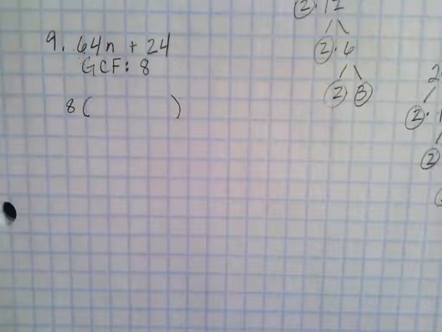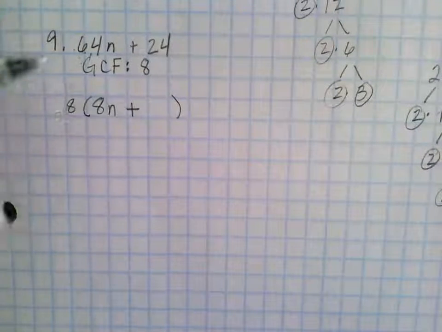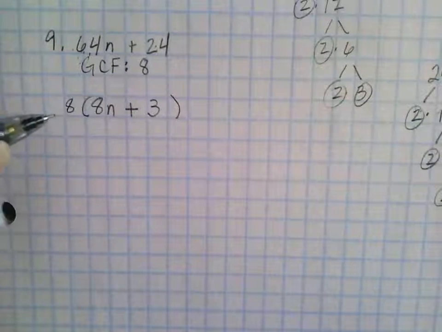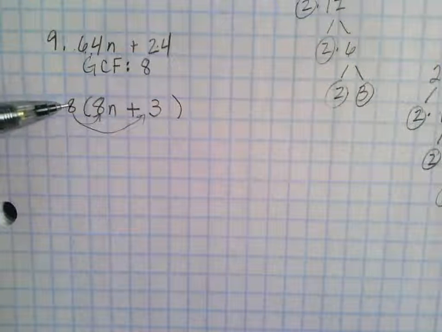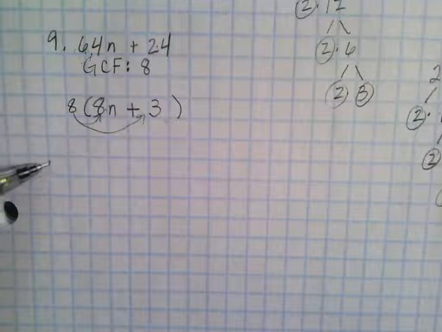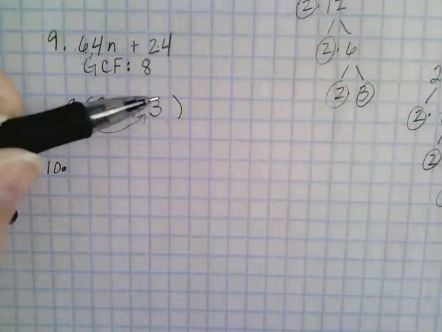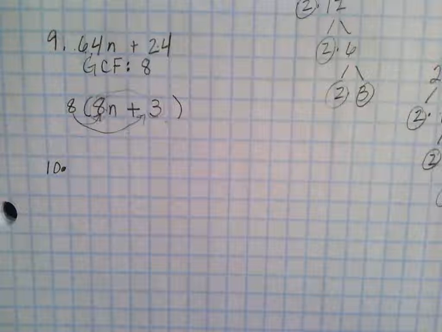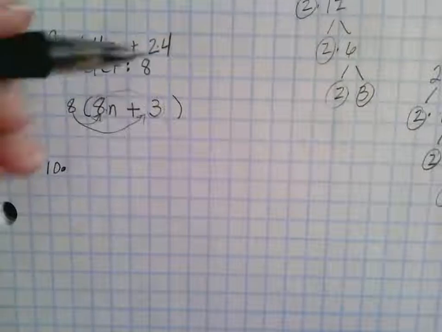So I'm going to put 8 out here. 8 times 8n would give me 64. 8 times what gives me 24? That is 3. So you can see when I do my distributing, I do get 64n and I do get 24. I also know that I chose the correct greatest common factor because there is not a common factor between 3 and 8. So that ensures that I did indeed choose the greatest common one. Number 10,